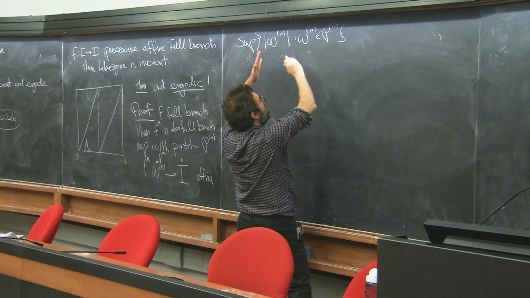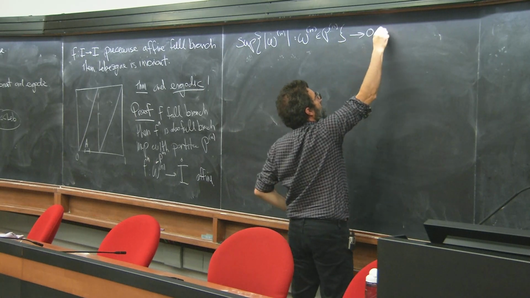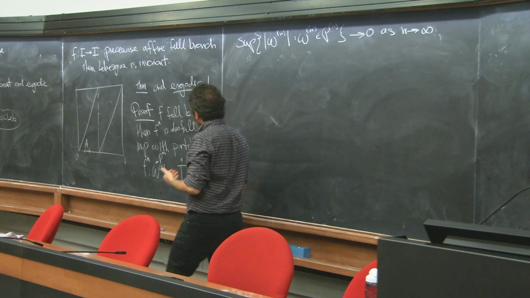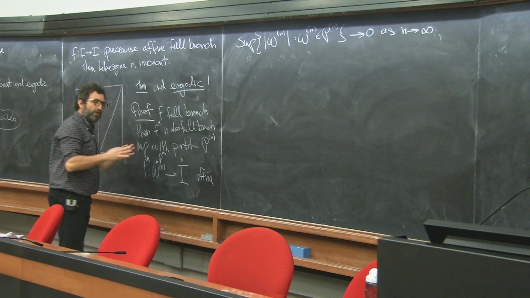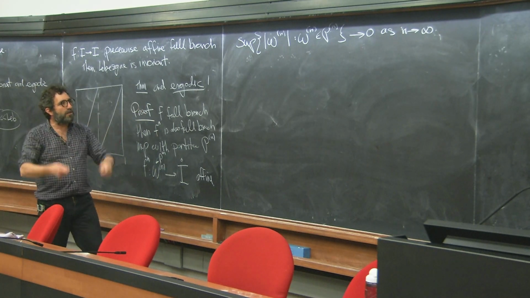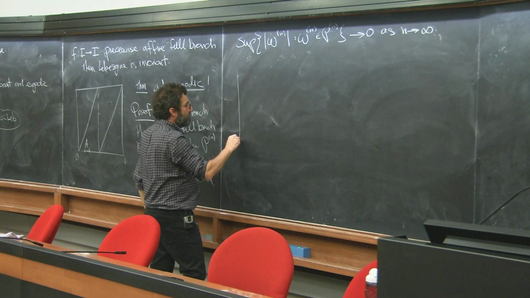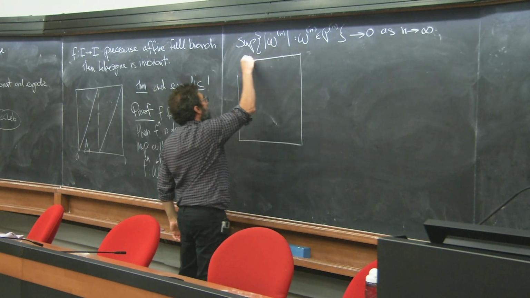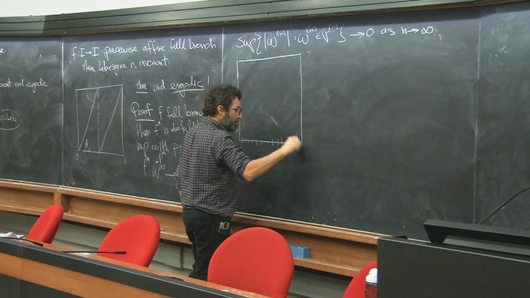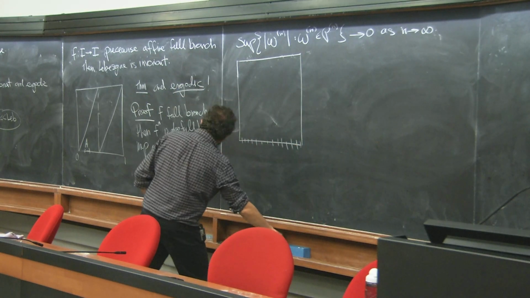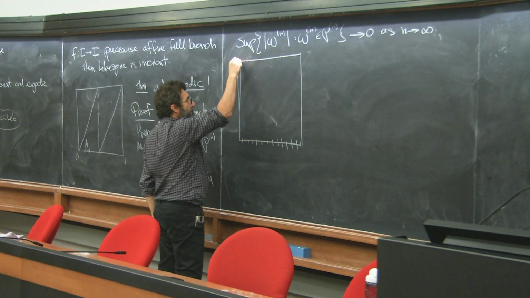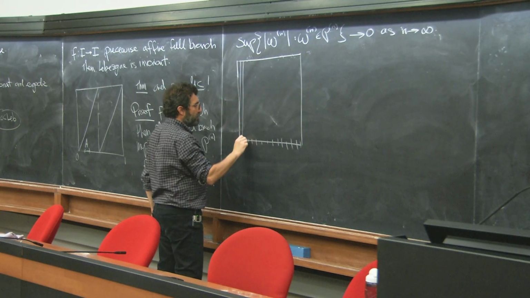This is the Lebesgue measure, the size of the interval. This goes to 0 as n goes to infinity. Of course, this is intuitively obvious, but unless you have the expansion, it is not necessarily true. So you have this sequence of partitions with smaller and smaller partition elements. Here you will have a partition with lots of intervals, and each one will be mapped in a piecewise affine way to the whole thing, right?